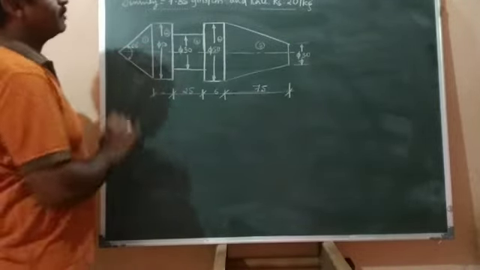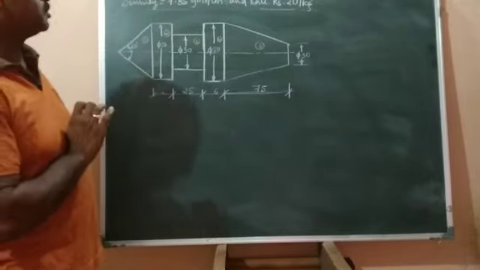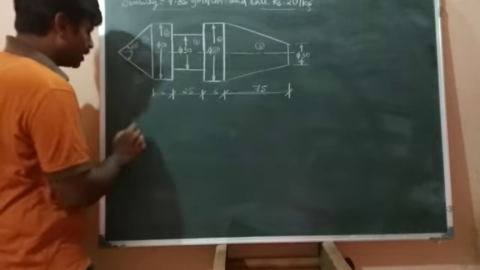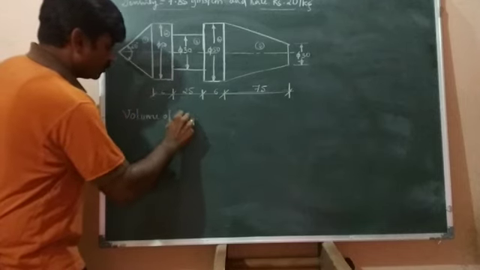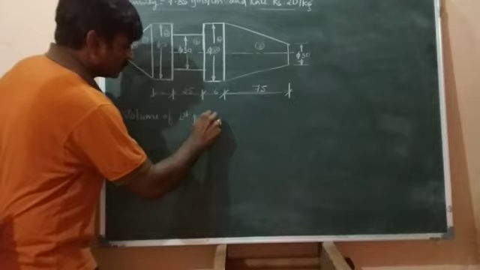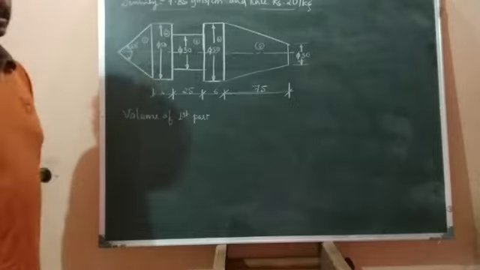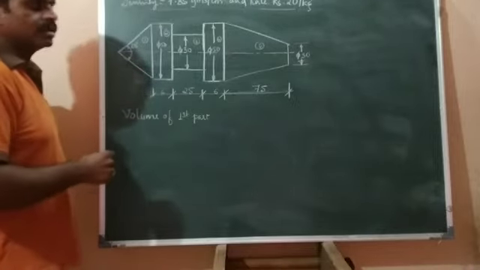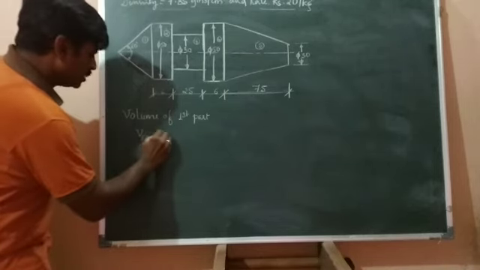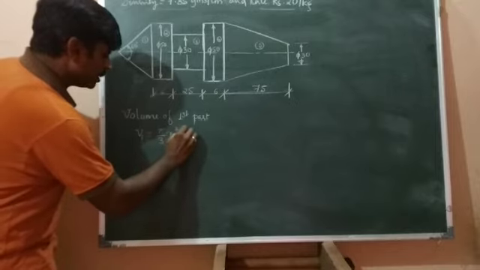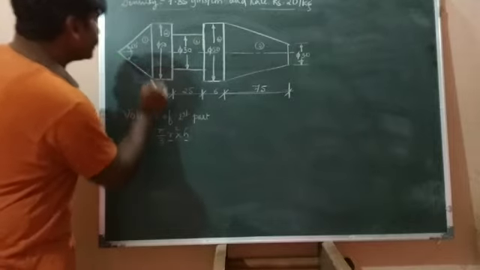Okay. So let me find the material cost. Before finding the material cost, we need to find the individual volumes. So let me consider first part, that is volume of first part. Now the first part is a right circular cone. To find volume, we have the equation. Let it be denoted by V1 here. So V1 = pi by 3 r square into h, where r is the radius of the cone and h is the height of the cone.